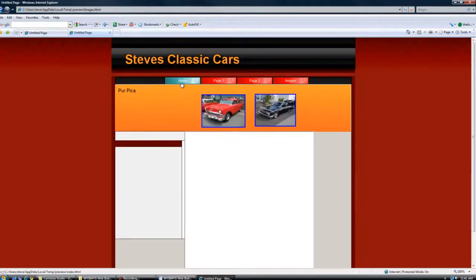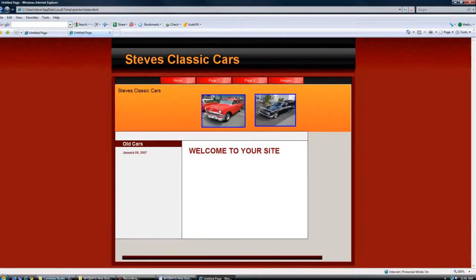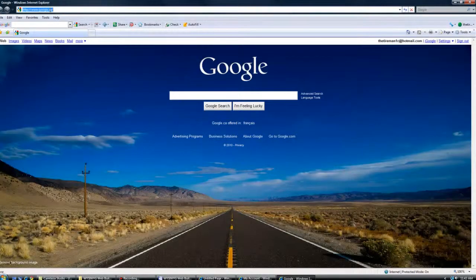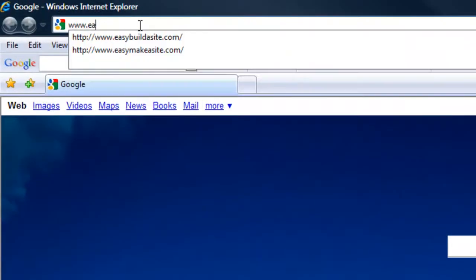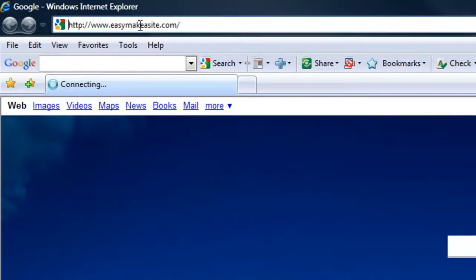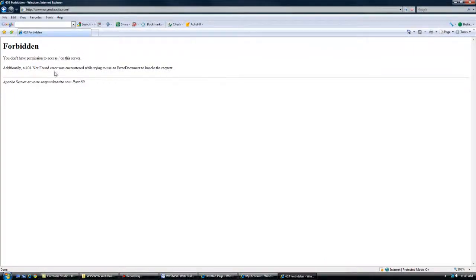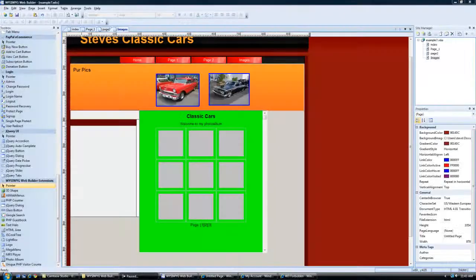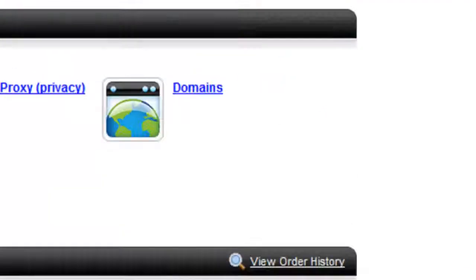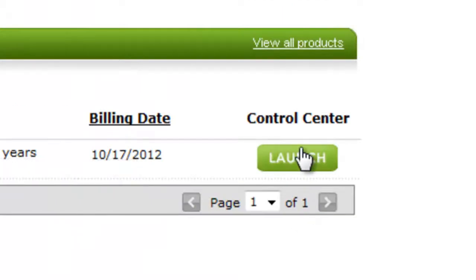So, alright, let's go into our server account. Okay, so first of all, before we do that, I want to go into the Explorer here and type in www.easymakeasite.com, and as you can see, there's nothing there. Okay, so let's go into my GoDaddy hosting account. Hit your web hosting, launch that,